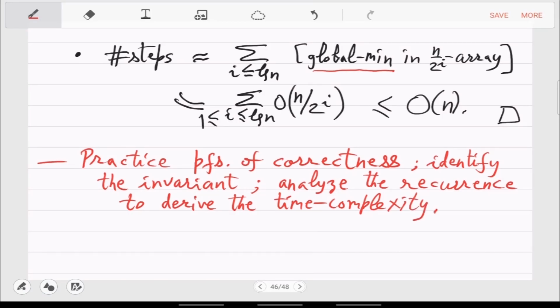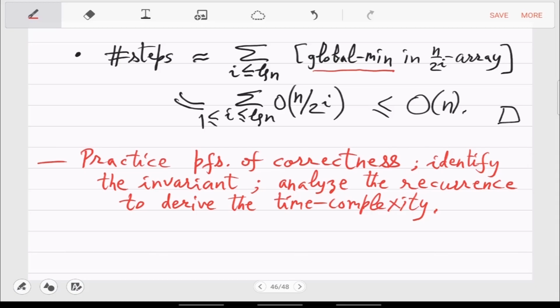Okay, so in this example, which ran over almost 3 hours, you must have seen the ideas of the algorithm. Based on that, you have to give the pseudocode, but that is not enough. Just the pseudocode is not enough because there are no test cases or input instances given here. So it's not that this pseudocode will work on one example. You have to actually show that it works on all input instances. So for that, you have to basically identify an invariant. You have to give a proof of correctness that that invariant is actually maintained throughout the execution of the algorithm.